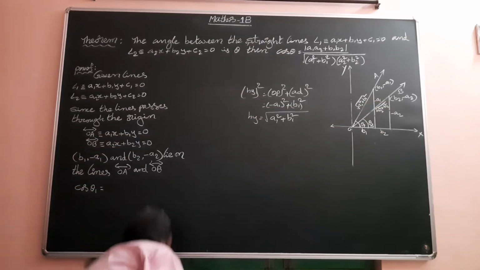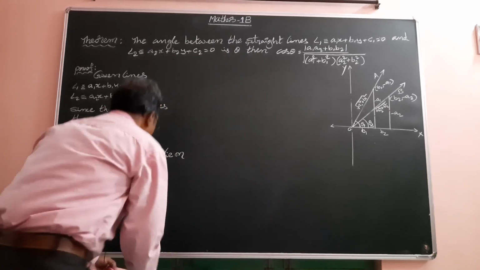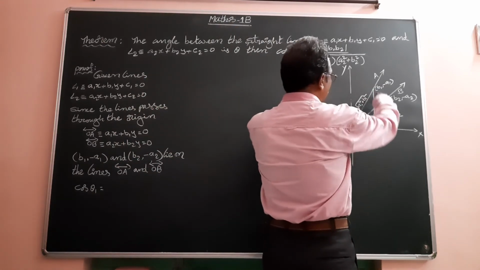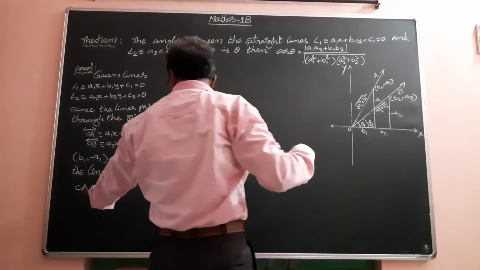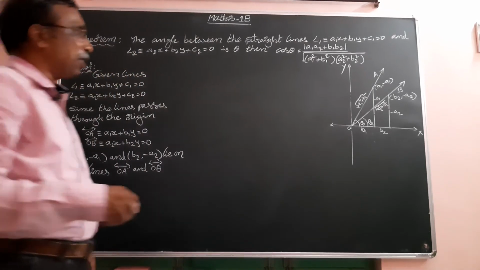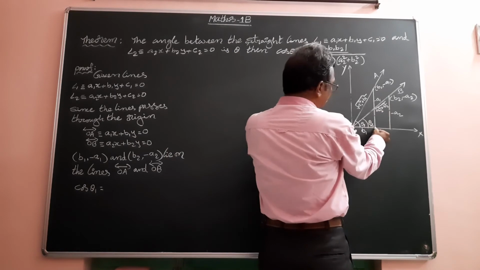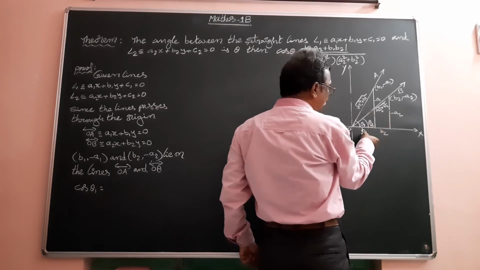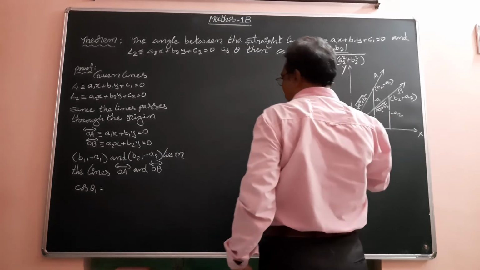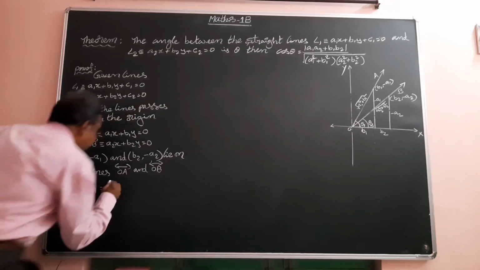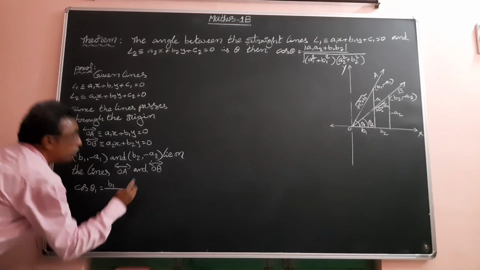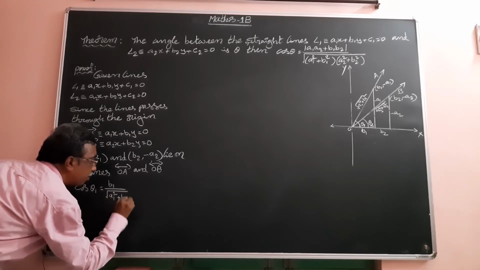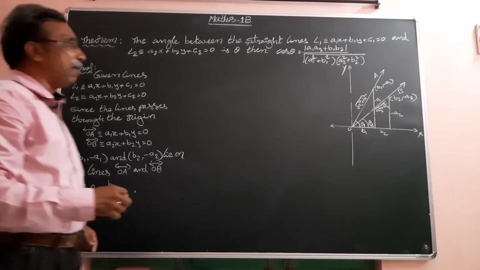So, cos theta 1, first figure, theta 1 is the first angle, first right angle triangle. What is the cos theta formula? Adjacent side by hypotenuse. What is the adjacent side? The 90 degrees opposite is the hypotenuse. This angle's opposite side, remaining side is the adjacent side. Adjacent side is b1, b1 by hypotenuse. Hypotenuse is the root of a1 square plus b1 square. This is cos theta 1, first figure.